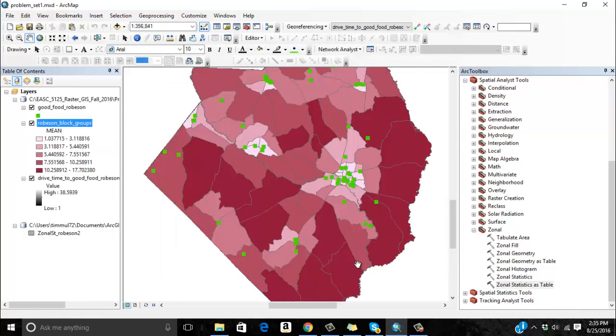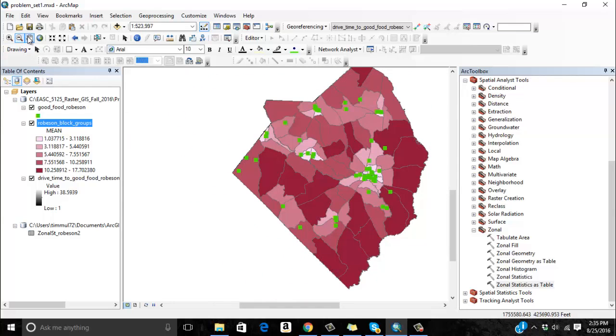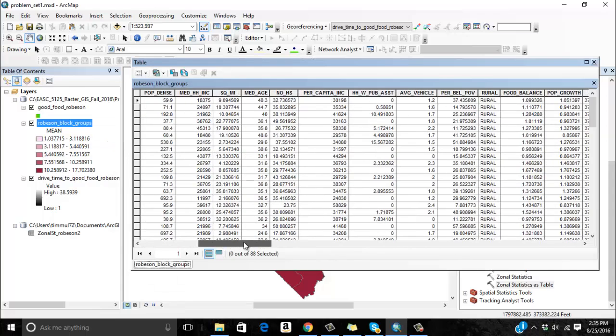I can click OK. So now we can see the areas that were the average drive time using my raster-based techniques. Using my raster-based techniques, these darker areas have the highest average drive time to good food. These lighter areas have the lowest average drive time to good food. And now if I open this up, when I export this table, I can start to look at